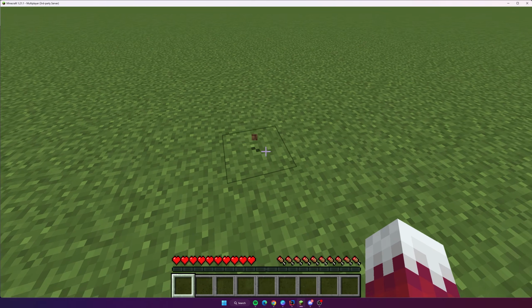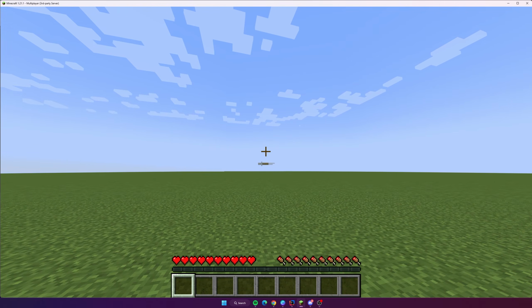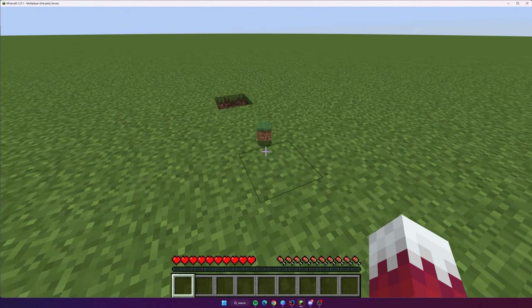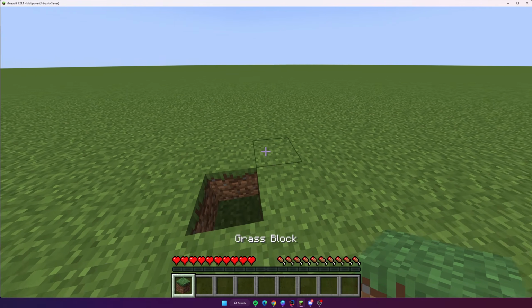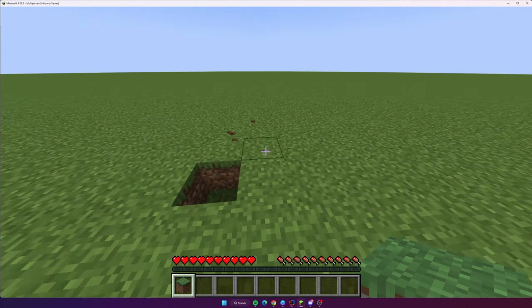All right, we're back on the server now. So let's go ahead and pick this up. Boom. Let's go ahead and drop it. And boom, it dropped. A little laggy there, but it dropped. So you can see that it's not really going too far. So what you can do is have some fun with this. The whole point of Minestorm is to make it as customizable as possible. So you could really have some fun with this.